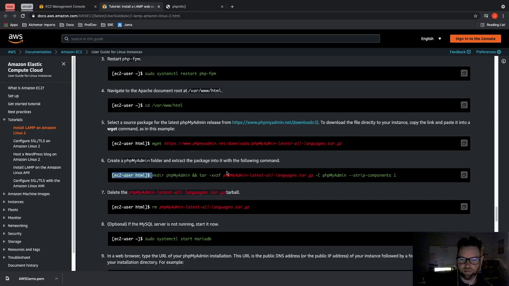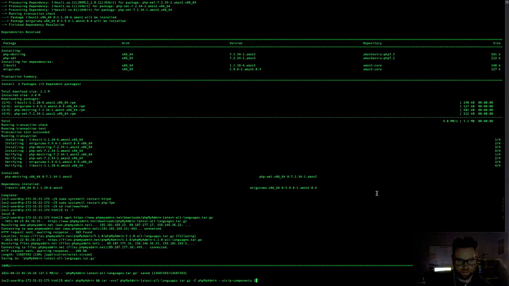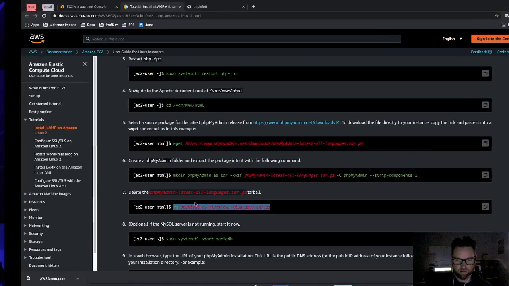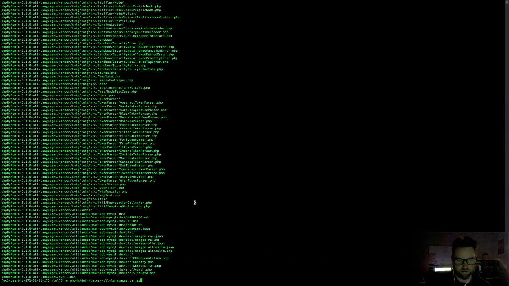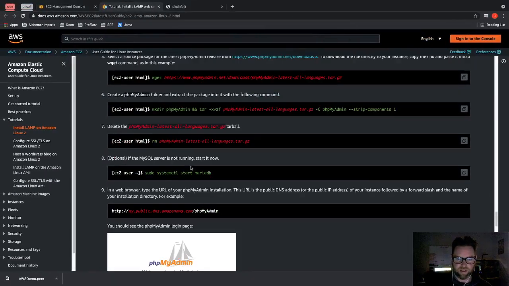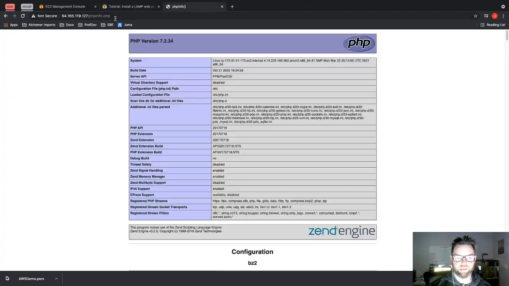So now that we have it, we're going to make a folder, and then we're going to extract this tarball into that folder with the cunning use of copy and paste. And then we're going to clean up the tarball because you don't want to leave stuff around. You should always leave things better than how you found them. If it's not running, you can start it. Ours is running, and then we should be able to go to the phpMyAdmin console on this public DNS